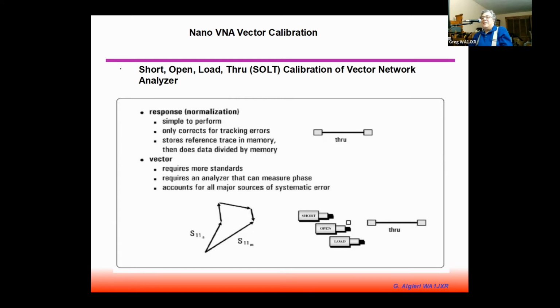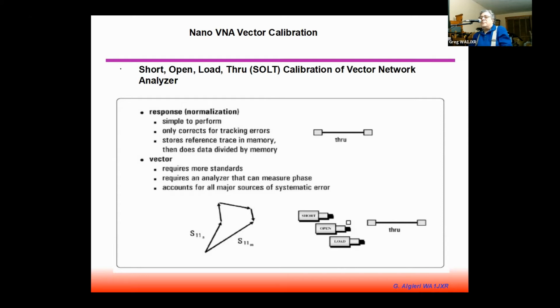So in addition, what comes with the network analyzer is two little SMA to SMA coax cables. You take one of those cables and you put it from port 1 to port 2, or the RX port to the TX port, and then you press the through button. It goes and does a bunch of measurements, and now it says calibration is done. You can store that calibration in one of the memories,